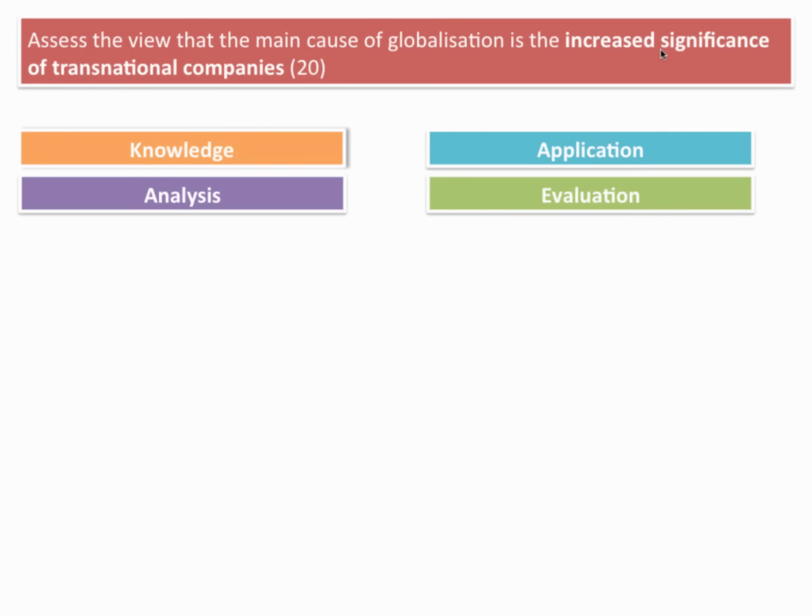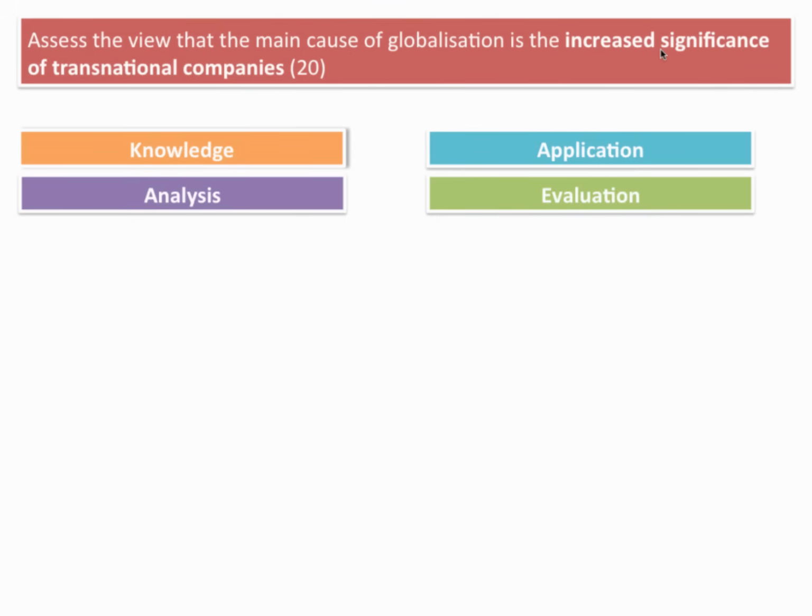Application is nearly always making good use, for example, of data and arguments and pointers in the extracts. This is an essay question we're going to be looking at, so there won't necessarily be great scope for application, but there are still possibilities for you to do that. The really key thing that I'm going to try and get across for you tonight is the balance between analysis and evaluation, and what I would look for from a really good answer in this question.